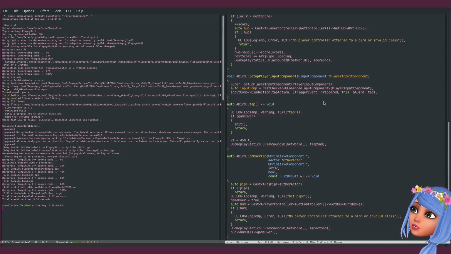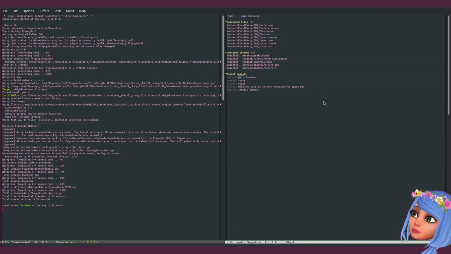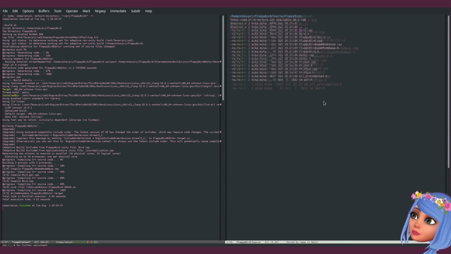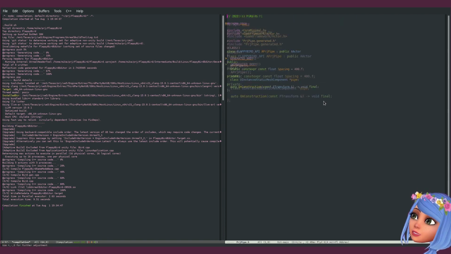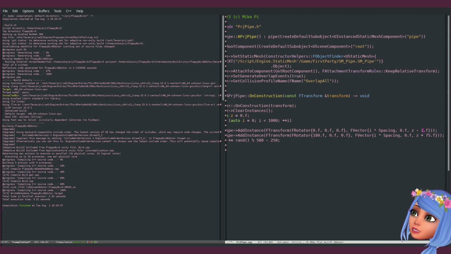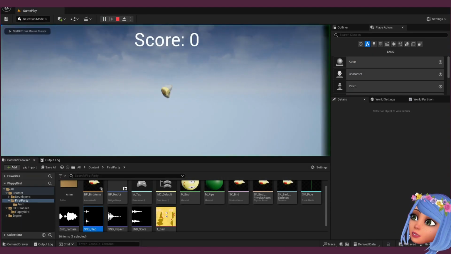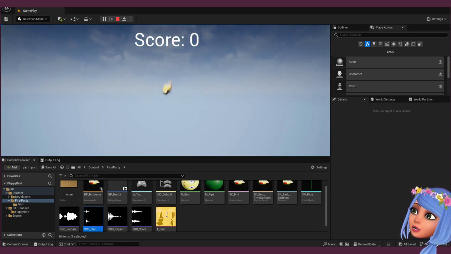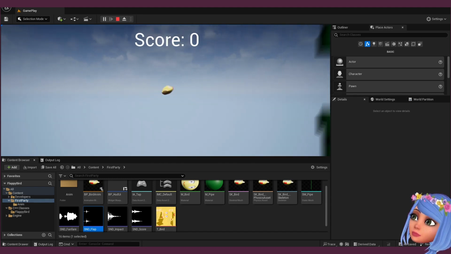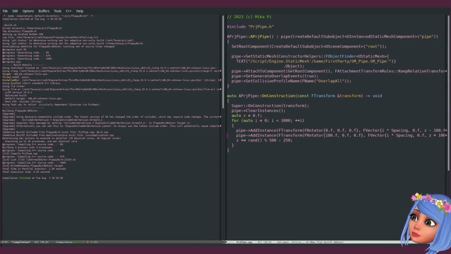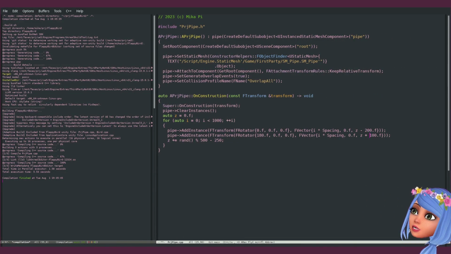This game is too hard. I guess I'll get to the easy mode. So easy mode, it would be pipe. There is a spacing, and so this one. So let's do 100. Oh wait. Okay, it's still hard. Come on. What the heck? Why? Let's do 200.